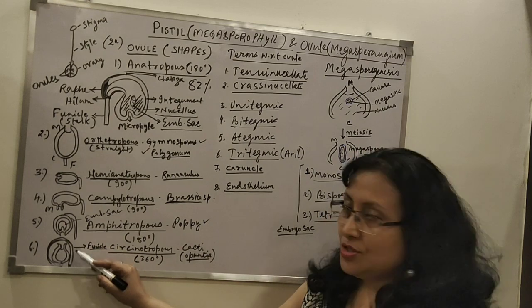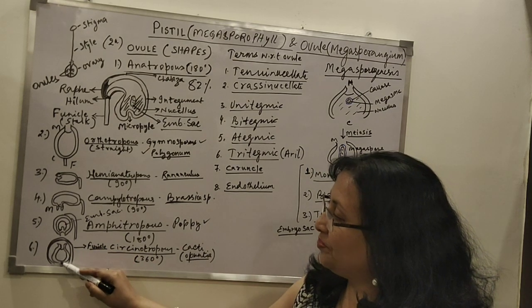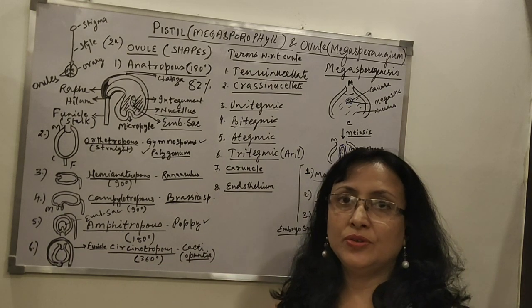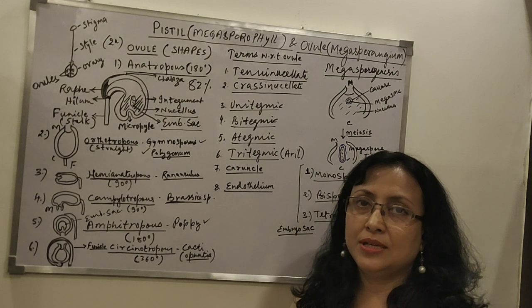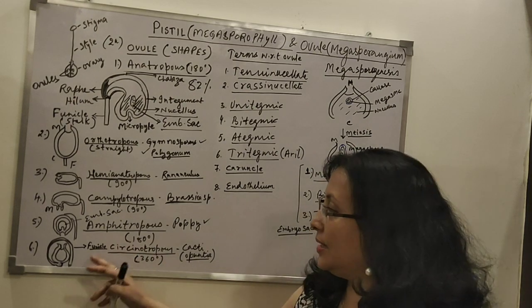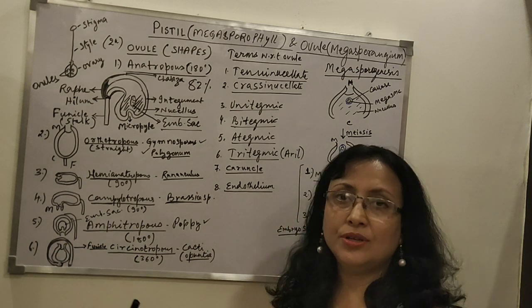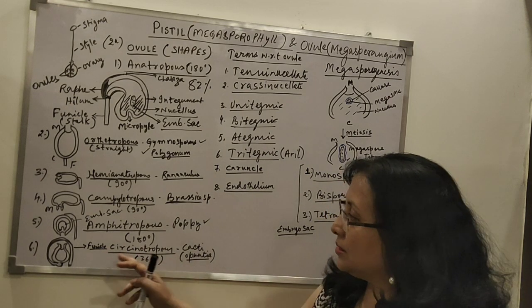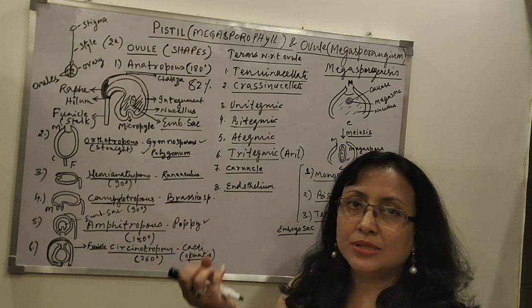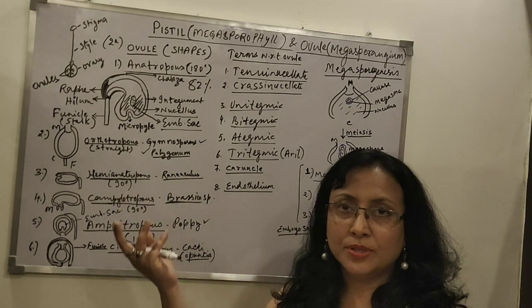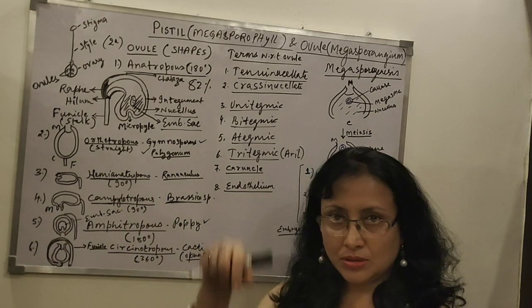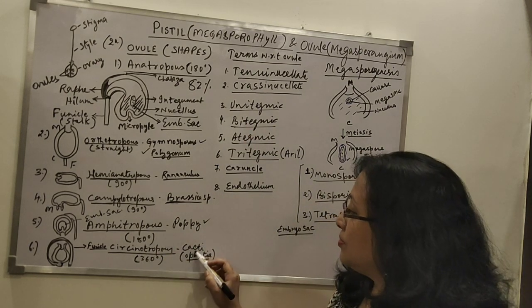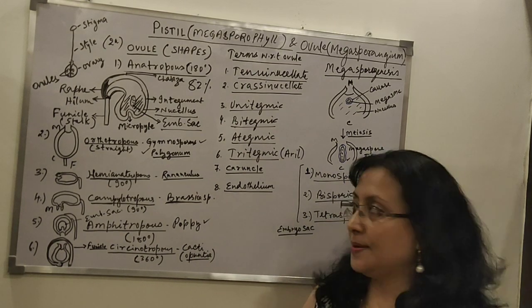Then next in the shapes, the next is, as you can see, the ovule called Circinotropous. Circinotropous ovule is still more interesting because this is 360 degree curved. Now 360 degree means that the entire funicle, as you can see, takes a round around the ovule. It's completely covering the ovule, and that's why if you see the ovule inside, it looks almost straight, just like orthotropous. But basically it is the funicle which is covering it, because the ovule has taken the complete turn, 360 degree. Circinotropous is found in cacti, Opuntia cacti.